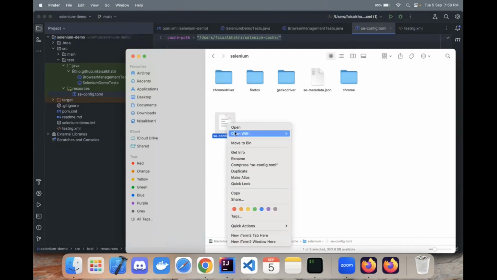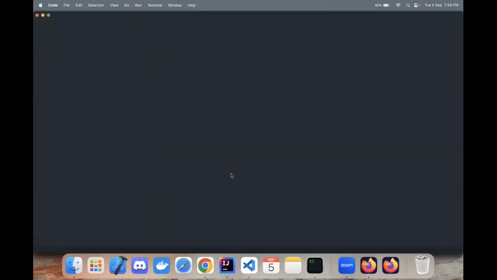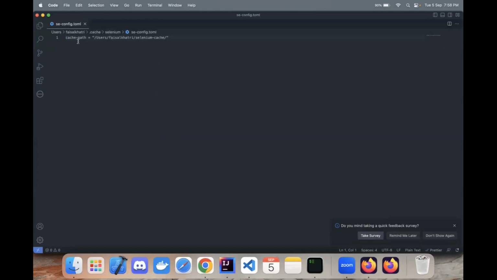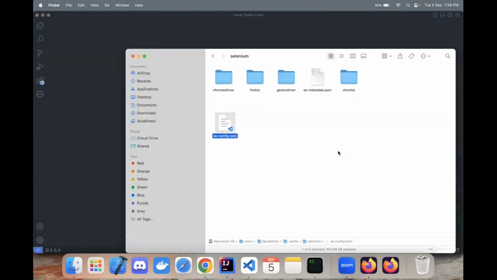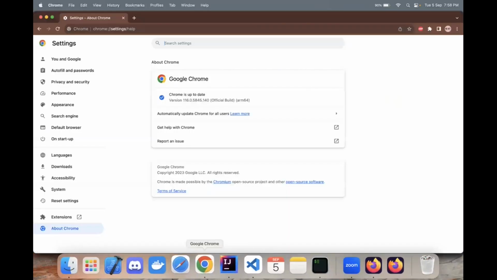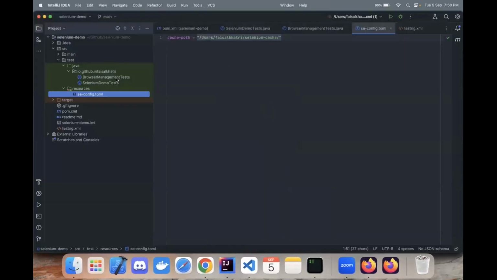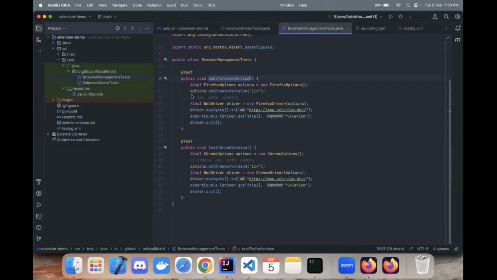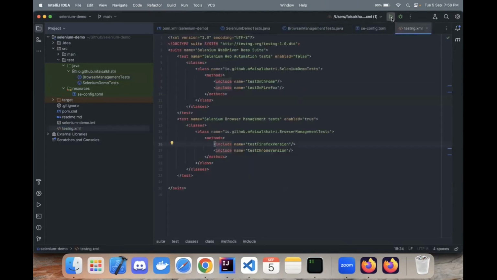This file is the same as we just saw here. It just has cache-path and then the respective value. That's it. Now let's quickly run the test again. So we'll run this browser management test. The same test will be running again. So I'll just quickly run the testng.xml